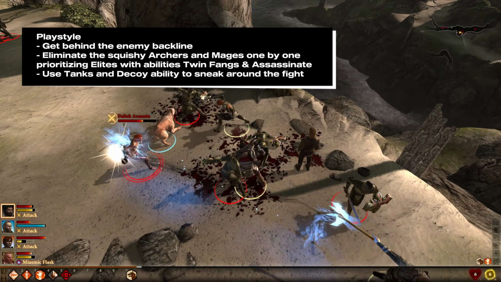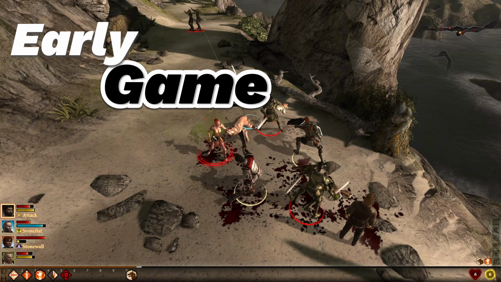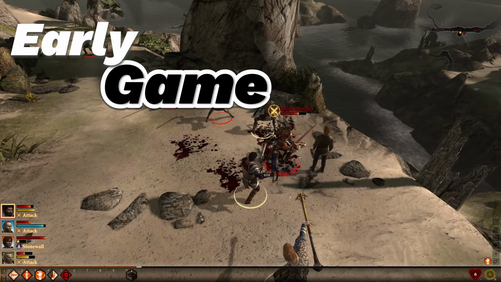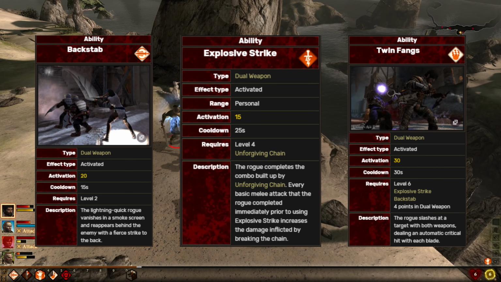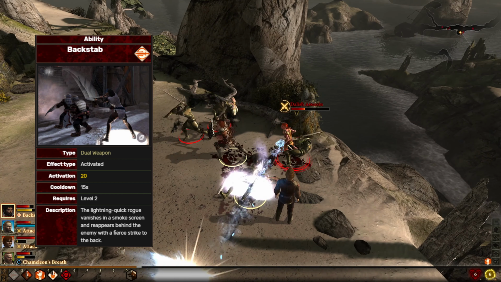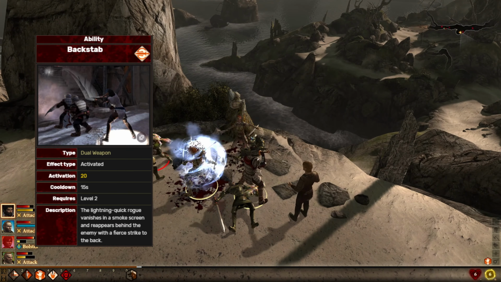If you're planning a Nightmare playthrough, this is in my opinion the strongest build in the entire game, and it's also very fun. We will have 3 core abilities for the early game: Backstab, Explosive Strike, and Twin Fangs. Backstab is the first ability we will be acquiring. This ability not only has a low cooldown and solid damage, but dashes to and repositions us behind the target,